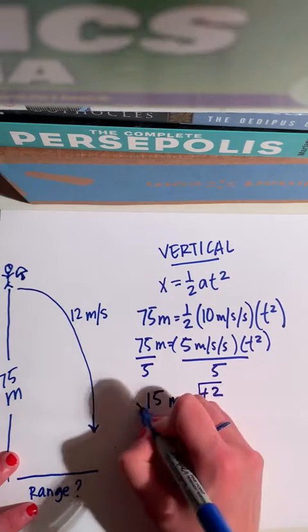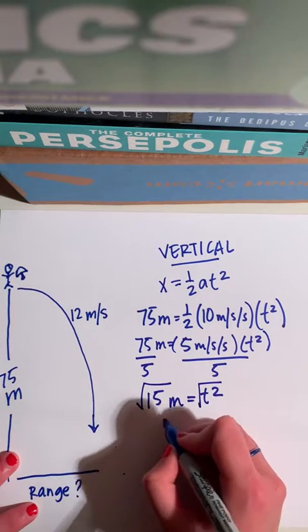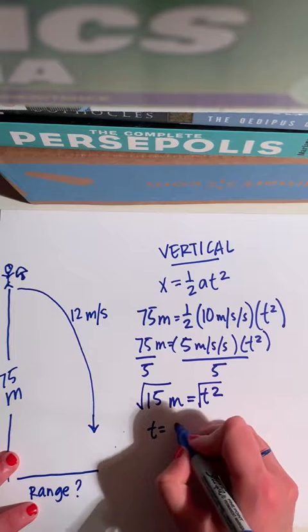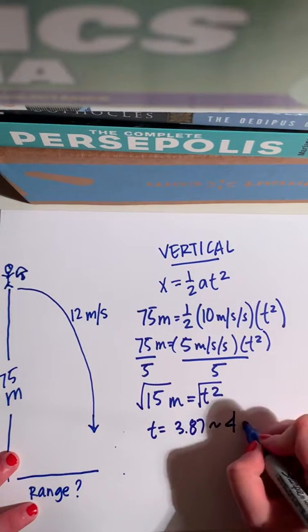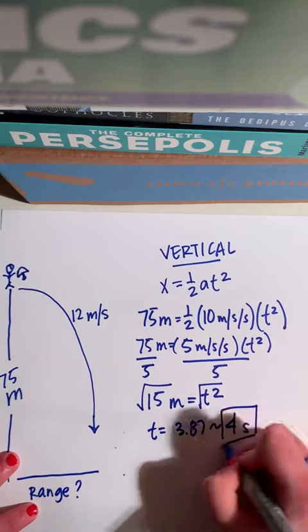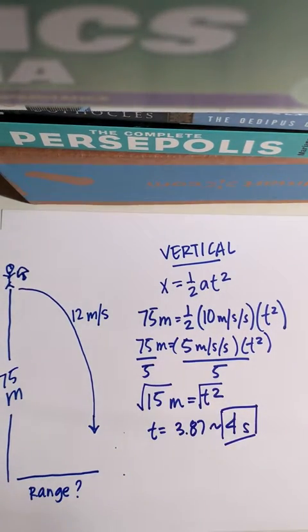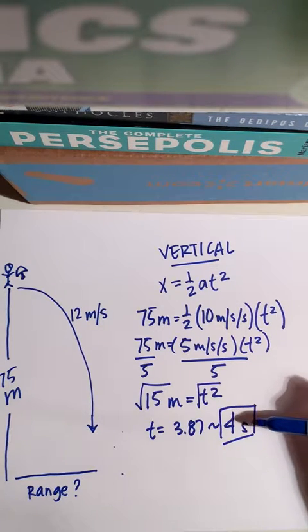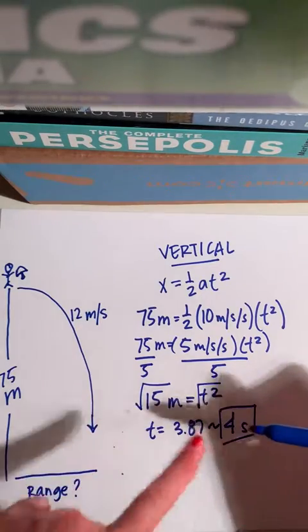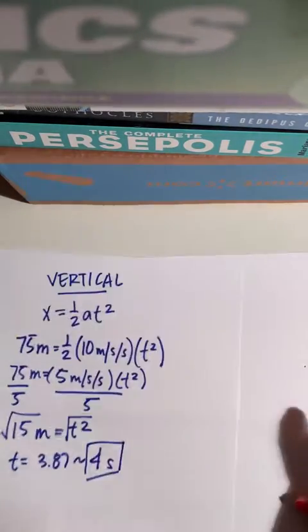Take the square root, and we get T equals 3.87, so we can round that to about 4 seconds. Okay, so now we know that the amount of time that the parachute is in the air is 4 seconds. So we can now plug 4 seconds